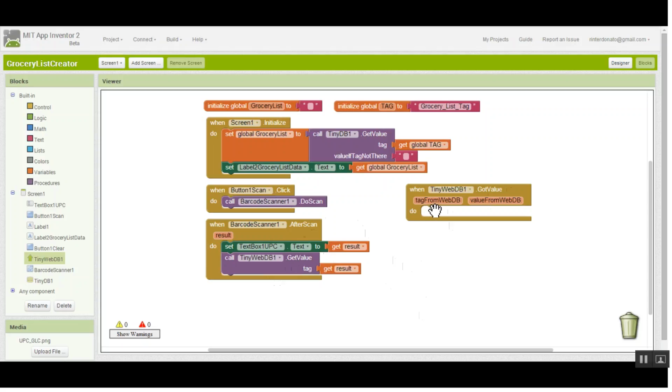And we can forget the tag from WebDB because it's always going to be the same in this particular instance with our API. But the value from WebDB is exactly what we want to handle, and we want to deal with that one. So the first piece we want to do is start building our grocery list, or reset it, okay? So we're going to take this value here, and we'll do a join, and then we're going to need 3